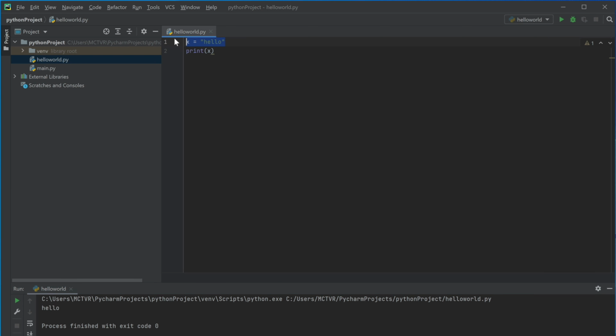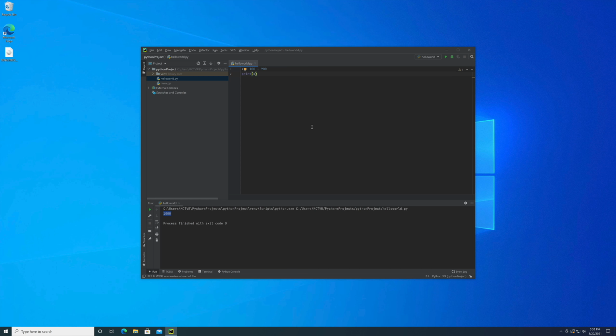You can also put math formulas inside variables, like maybe 100 plus maybe 900. It will turn out to be 1000, and we can try to print it out to see if it's really 1000. Successfully prints out 1000 here. That's the basic stuff about variables.